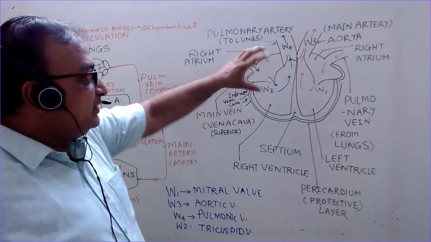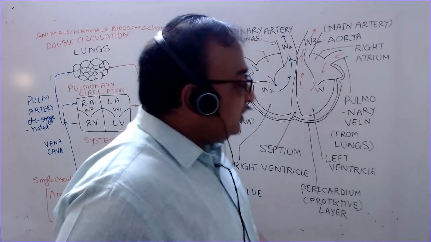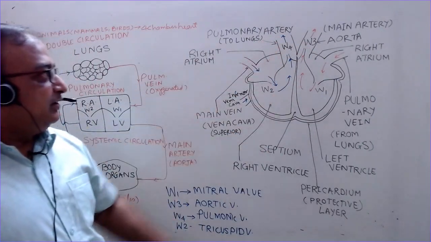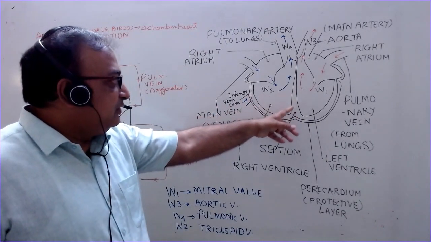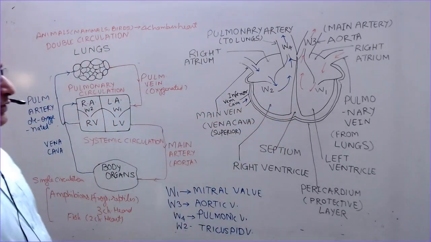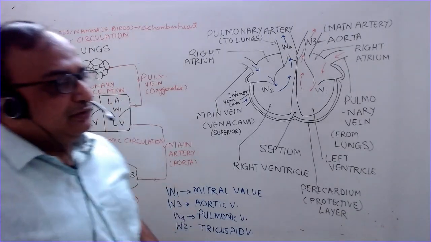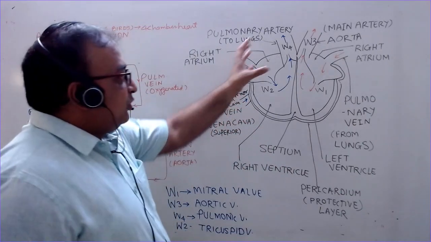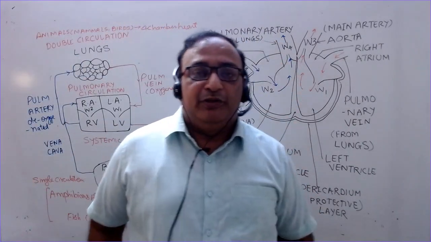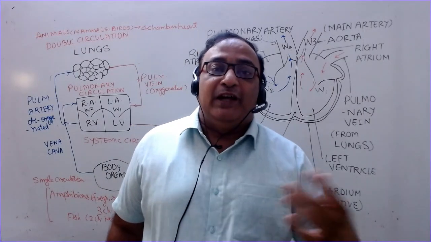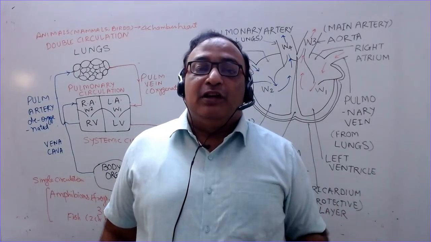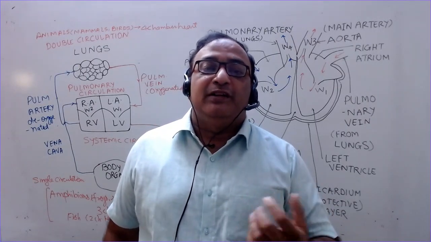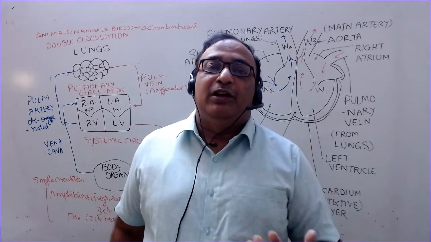So the heart is made up of all these parts. We have this wall. This wall of the heart is called the septum. So the heart is a muscle. We call this a cardiac muscle. You all have studied in 9th class the types of muscles, and one of them is cardiac muscle. So we say that the heart is a muscle made up of these muscles, because cardiac means related to the heart. That's why the name cardiac comes.